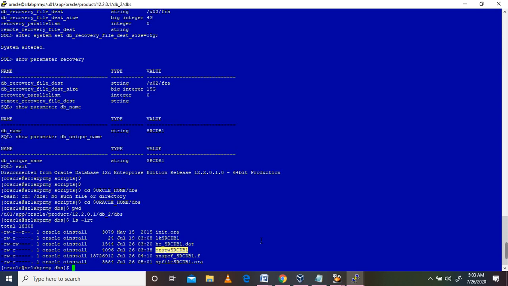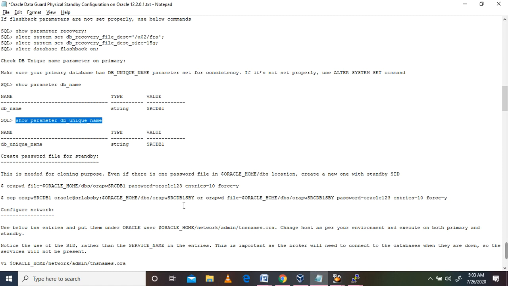If you want, you can SCP these files to the standby side. Otherwise, the alternate solution is to recreate that password file on the standby side. This is needed for cloning purposes. Even if there is one password file in the Oracle dbs location, create a new one on the standby side with the standby SID.